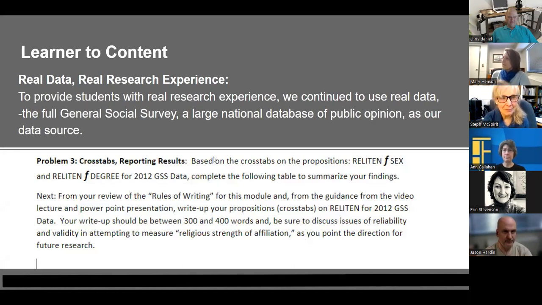As we think about learner to content interaction, this is something I've always done since I've been here in 1995. I use real data to give students a real research experience. And since I've been here, we have always used the full General Social Survey, which is a large national database of public opinion. And one way that I connect students to the content through using real data is I say,